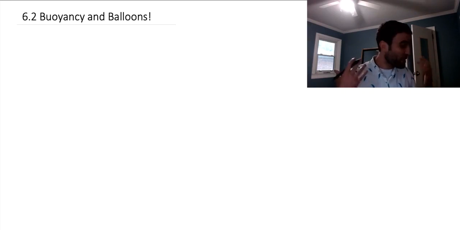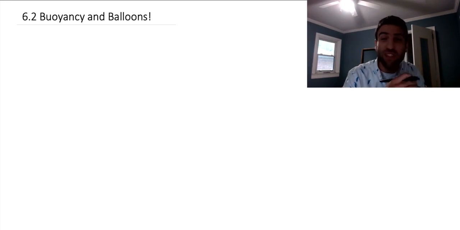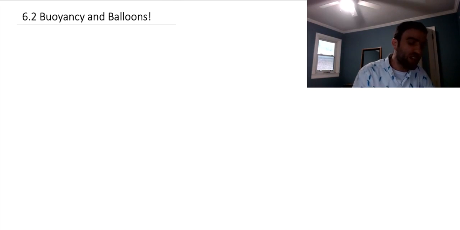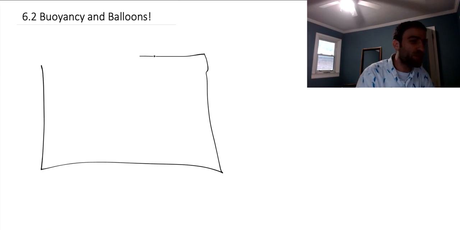Okay, so now that we know about pressure in a gas, we can start to understand why balloons can float up into the air, and why objects can float in fluids. Right. So first, just to draw a quick picture, earlier we had talked about having, say, a gas inside some